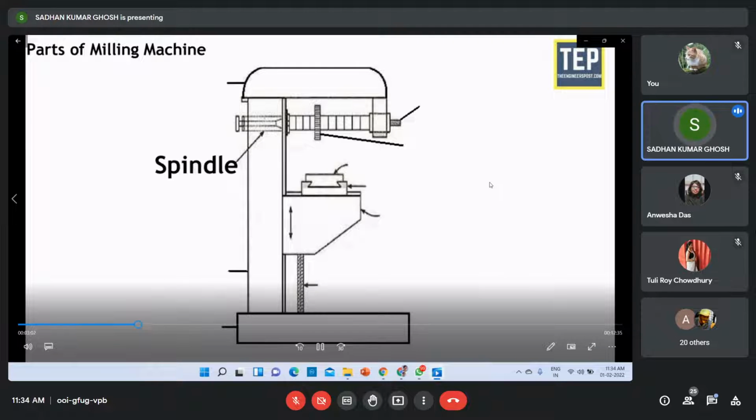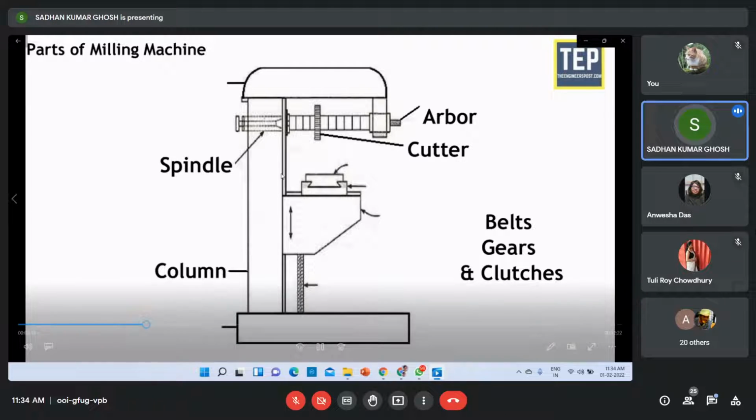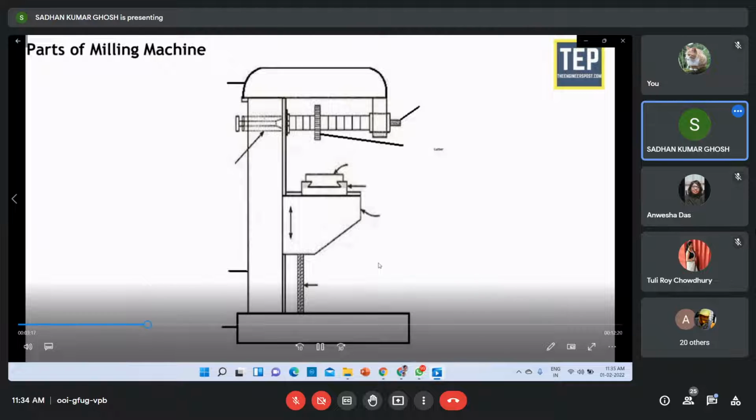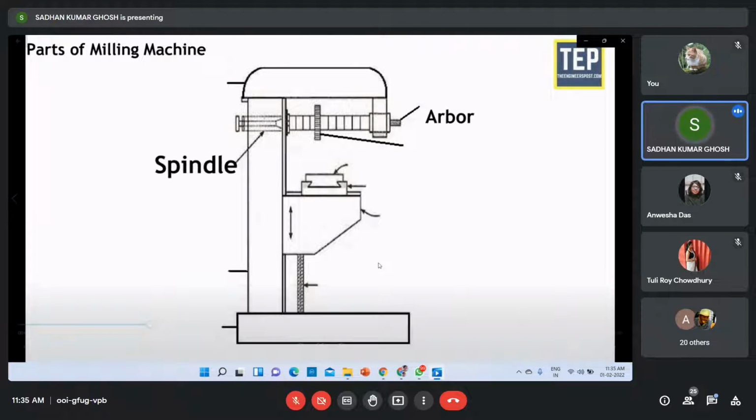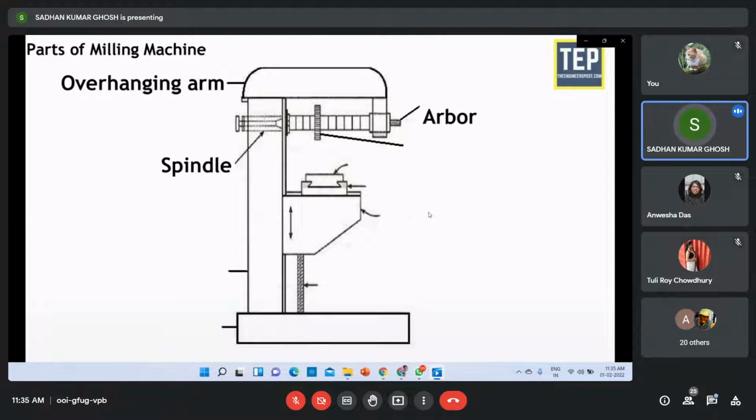The spindle of the machine is located in the upper part of the column and receives power from the motor through belts, gears, and clutches, and transmits it to the arbor. The accuracy in metal machining by the cutter depends on the strength, accuracy, and rigidity of the spindle. The arbor is an extension of the machine spindle on which milling cutters are securely mounted and rotated. These are made with taper shanks. The arbor may be supported at the farthest end from the overhanging arm, or may be of cantilever type, which is called a stub arbor.